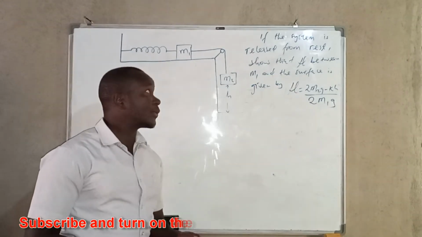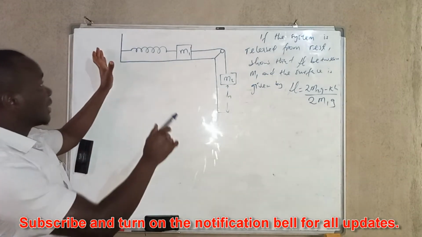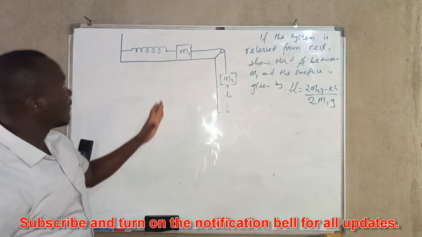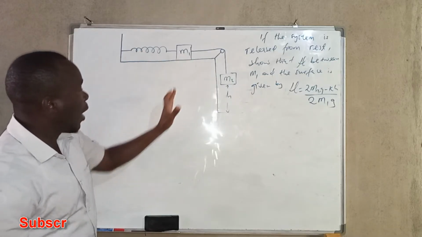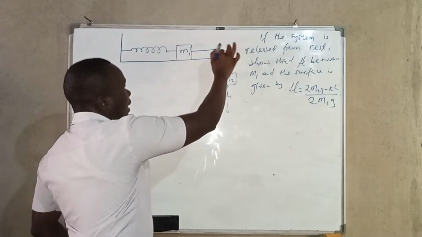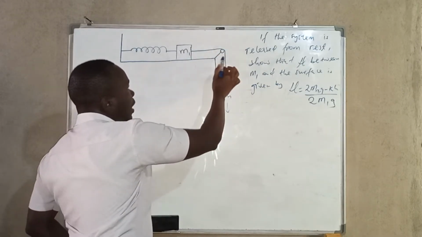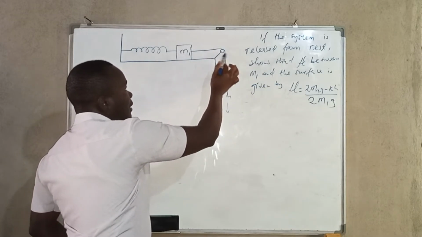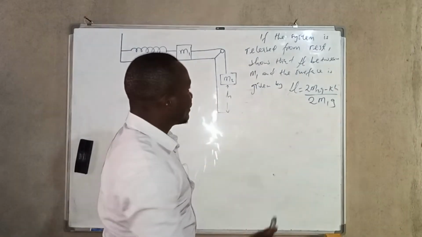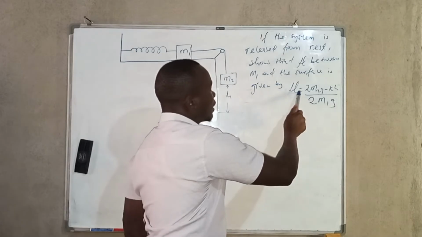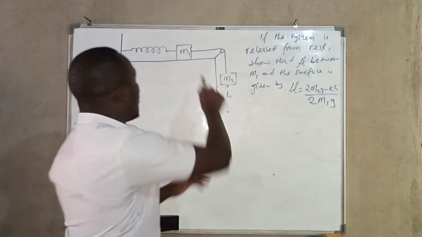In this video, we're going to look at this question. We have been given this diagram, and this is a spring connecting M1 and M2 by a string which is passing through a frictionless pulley. Here, this is the frictionless pulley. Then we're going to find, or to show, that mu, which is the coefficient of friction between M1 and the